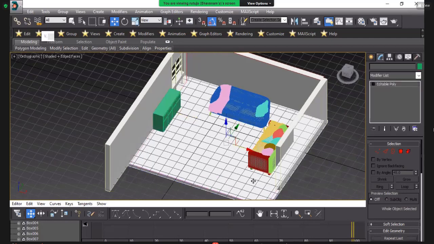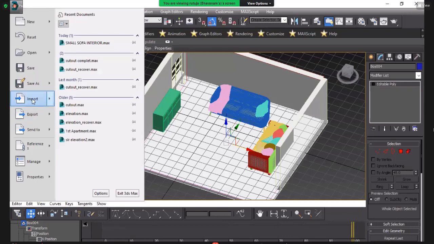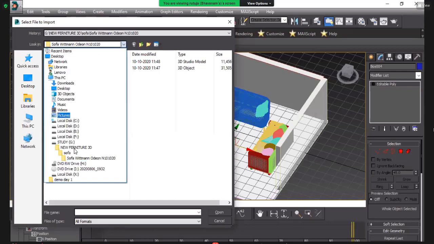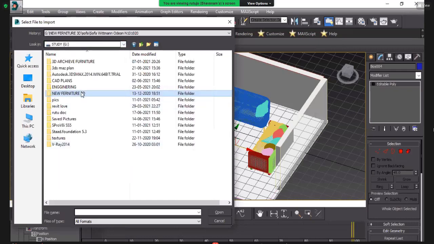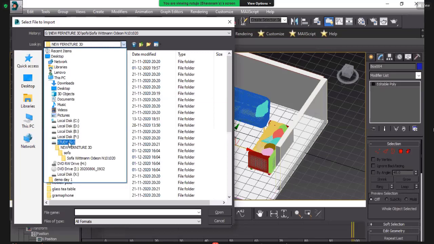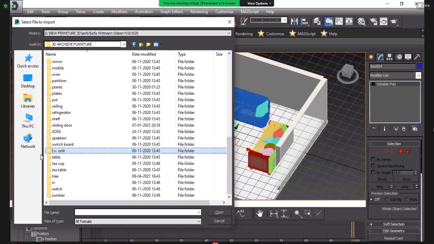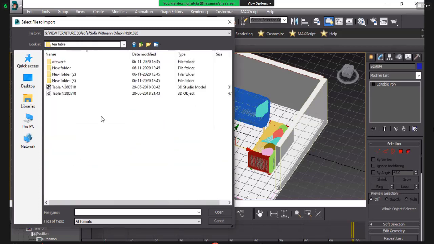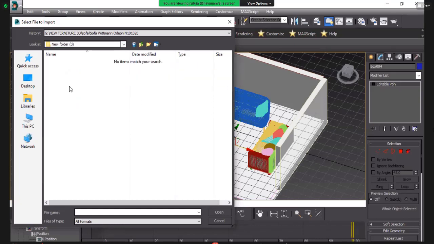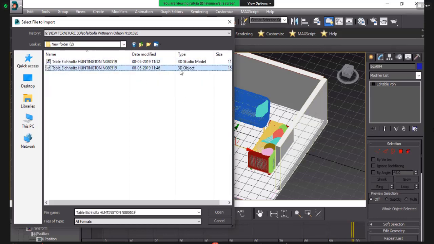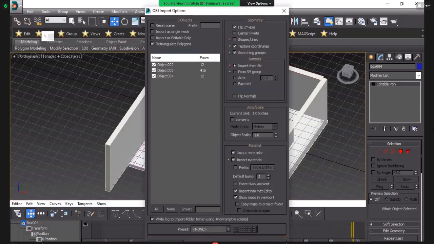Okay, so now we can import other things here. We can import a table.